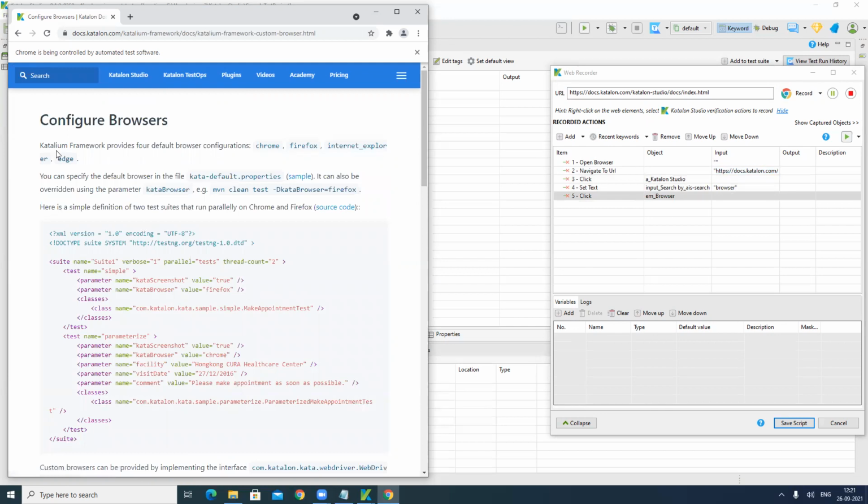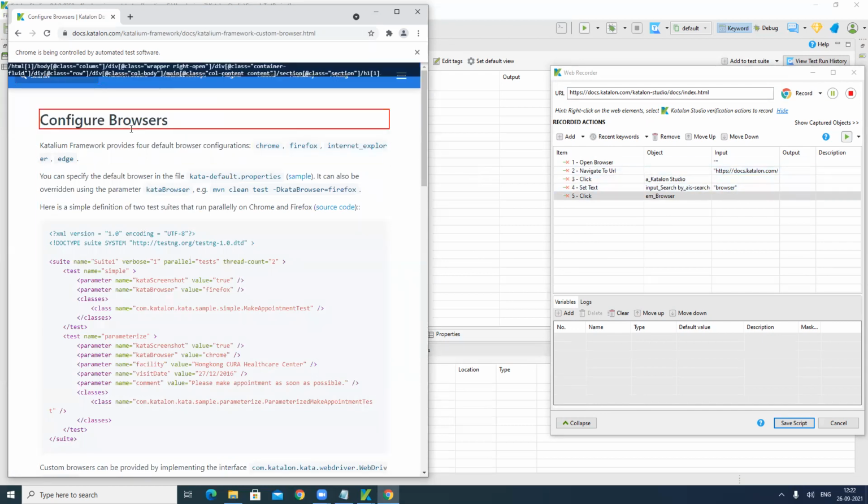So it will automatically capture all the particular actions required for that action, right? So click, set text, click, and the object on which it is doing the action, it is also capturing that. And if we are entering any input value, that is also being captured in the recorded steps. So this is how we can do different actions like click, set text.